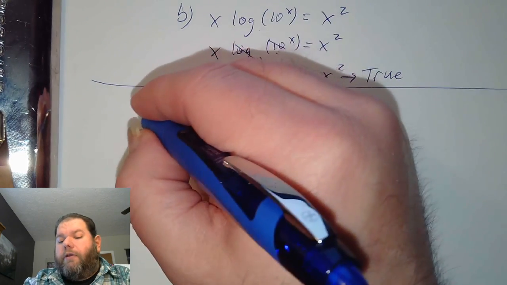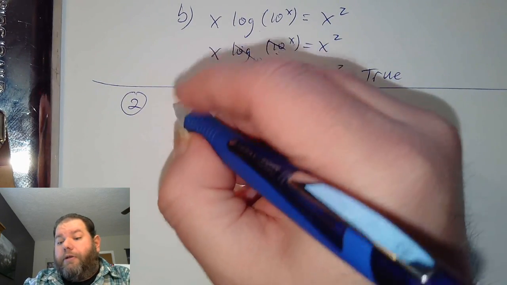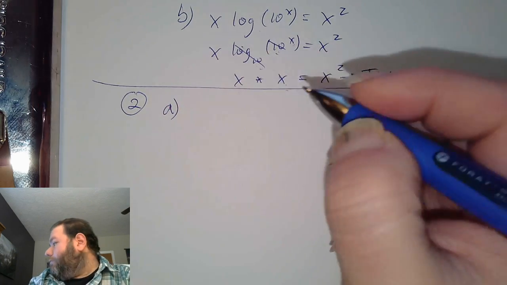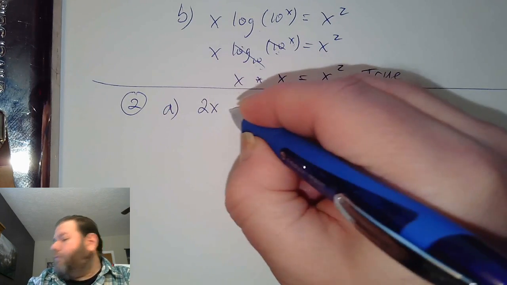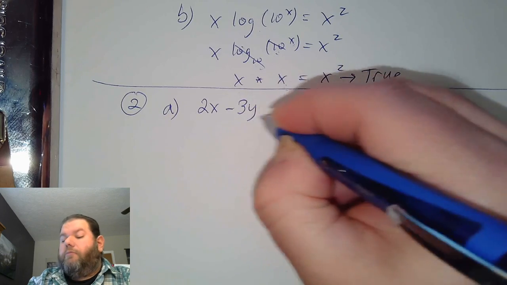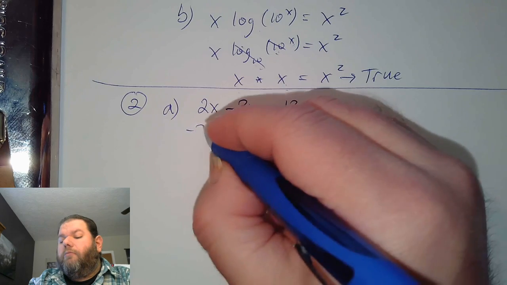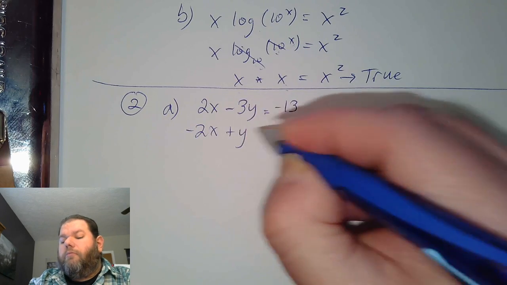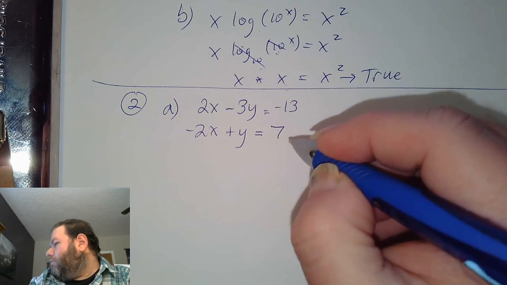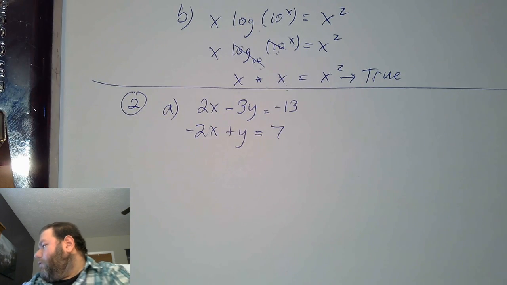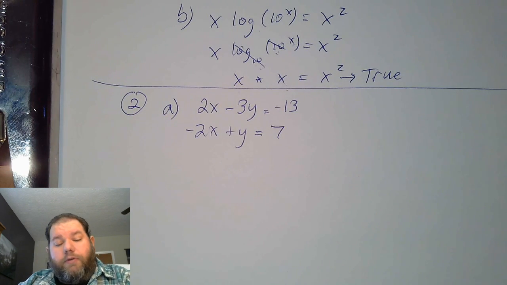I'll do A and then I'll pick one of the other three. Well, if you want to do one of the other three, I'll also do those, but I wanted to go ahead and start with A. Now, A here,